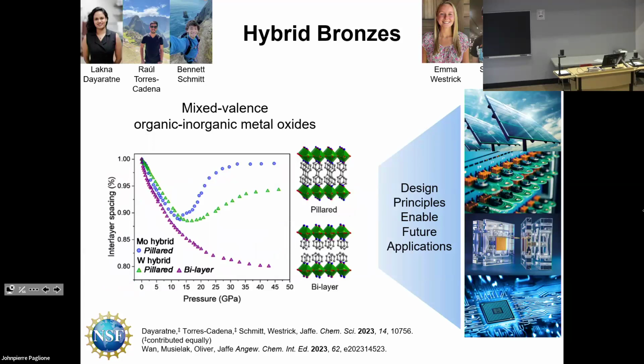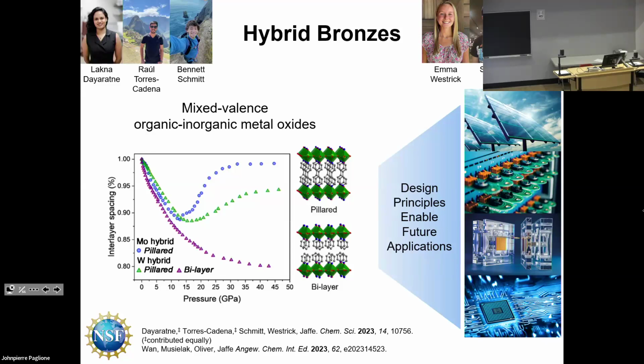And so I'm really sad I'm not going to be able to be here for the research talk, so I thought I'd have just a couple slides on that. And so here I'm just showing us tracking the interlayer spacing between our metal oxide layers as a function of pressure. And depending on the architecture at the molecular level of these materials, bilayer ones, where there is no direct